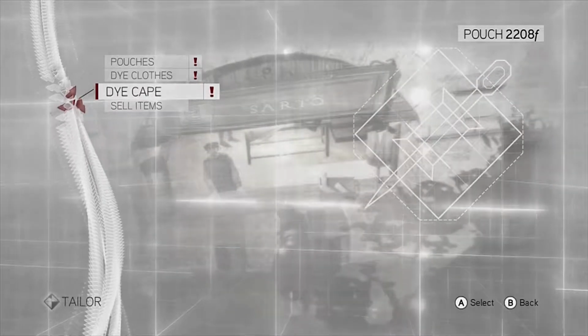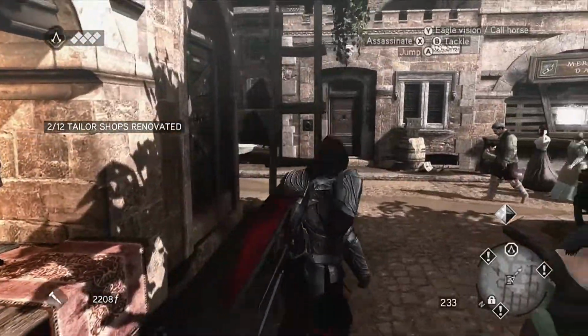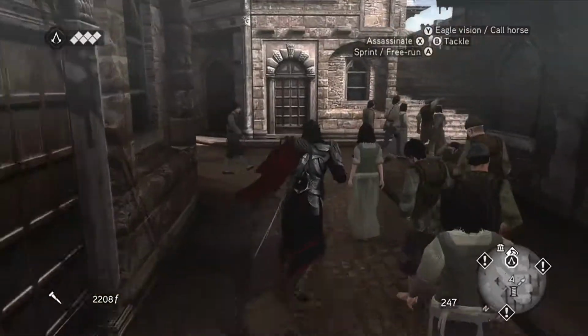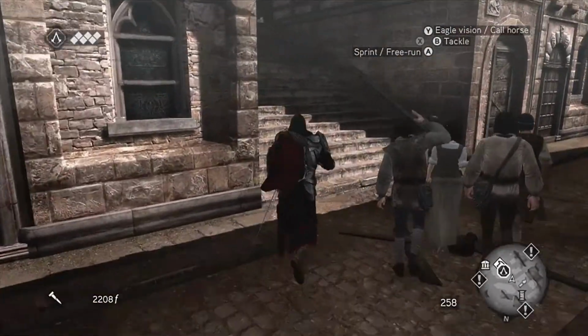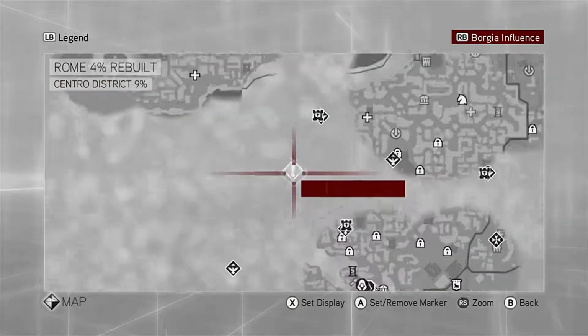Awesome. Okay, we don't need to do that. Not yet, because we're wearing the Draken armor. And yeah, so I think we should head somewhere. Where do we want to head? What do we want to do? How about let's start